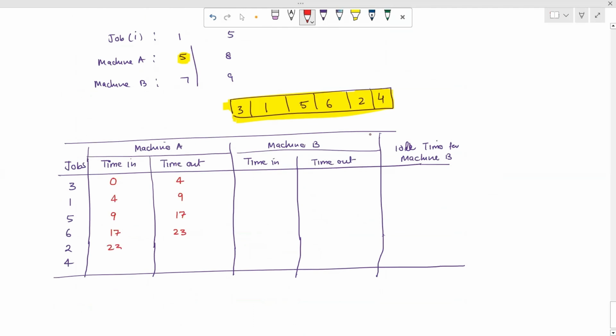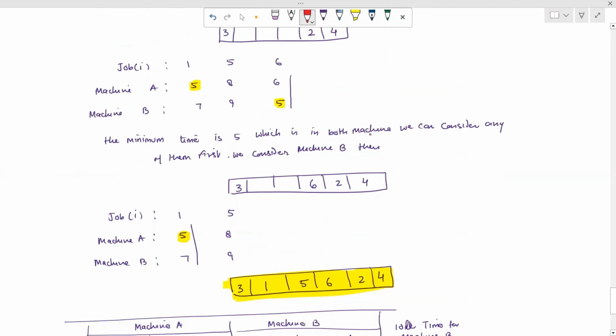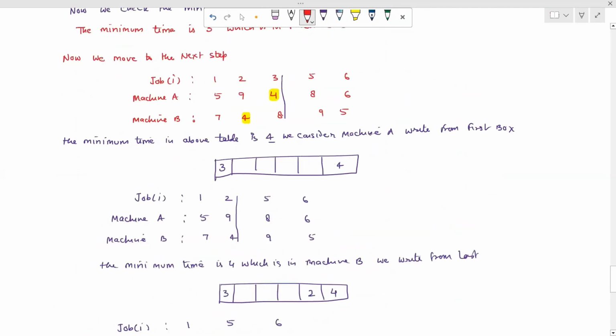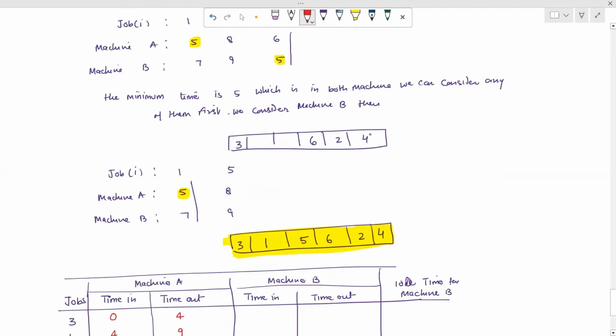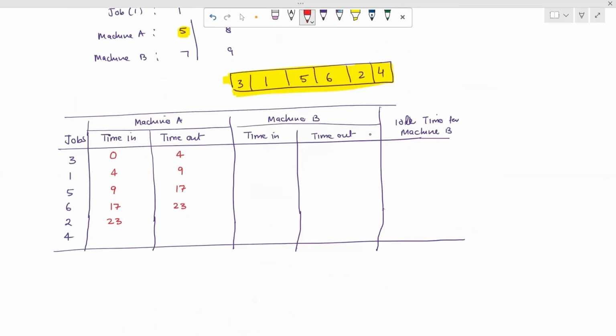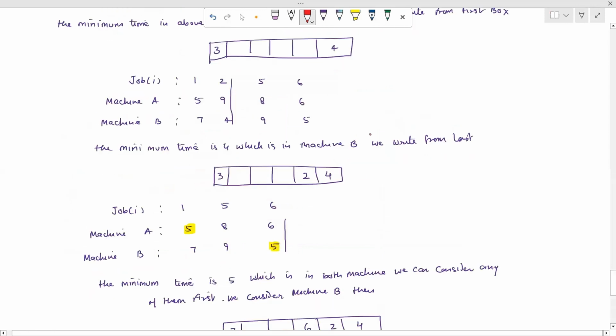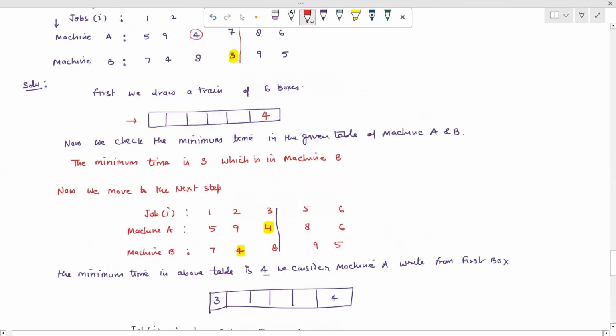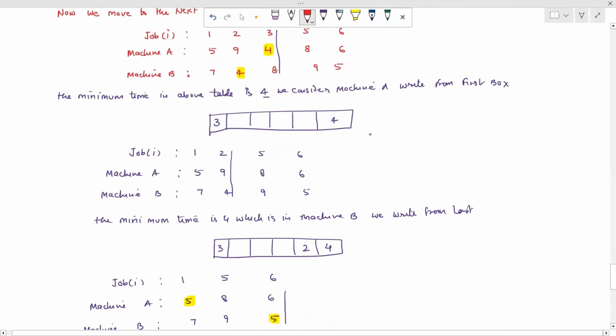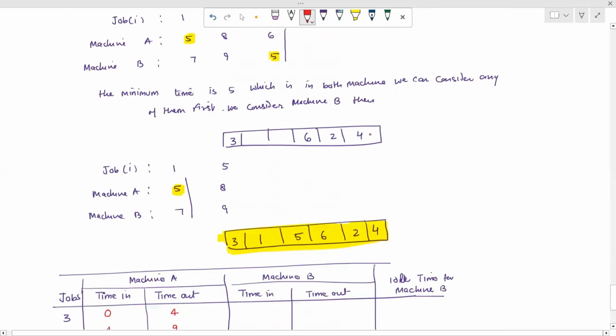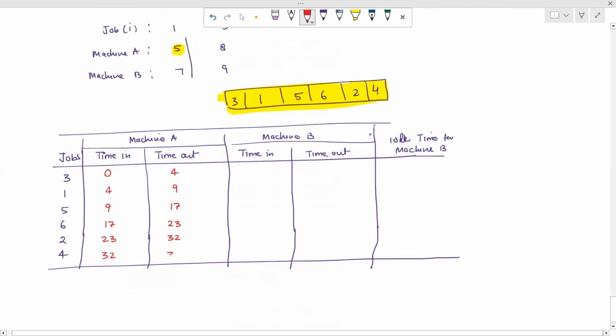Now next job 2 starts from 23, so what is the time of job 2? Job 2 time is 9, so 23 plus 9, that is 32। और जॉब 4 कहाँ से स्टार्ट होगा? 32 से, और 32, what is the time for job 4? Job 4 time is 7, so 32 plus 7 39, so this is the procedure of machine A। अब आते हैं मशीन बी के लिए।